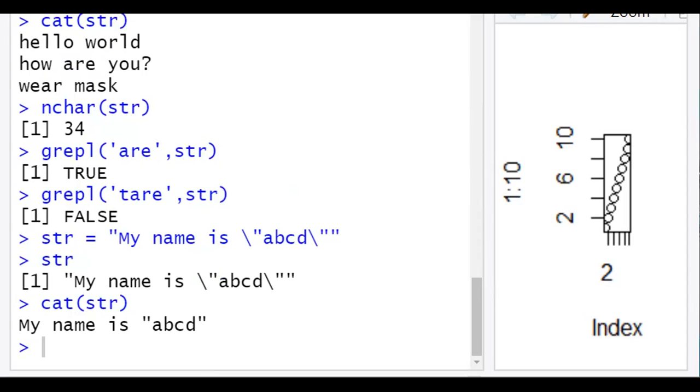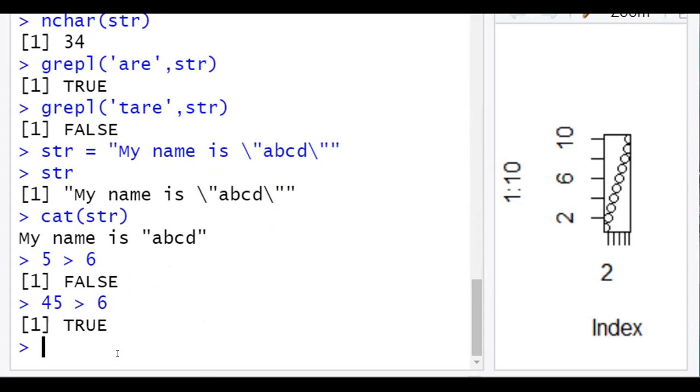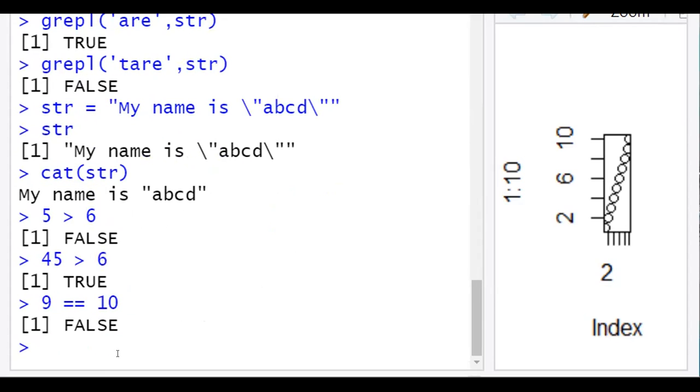Then we can perform logical operations also. Suppose we want to check whether 5 is greater than 6, so we got false. If we change it, then true. And if you want to check for equality, we can do it like this.